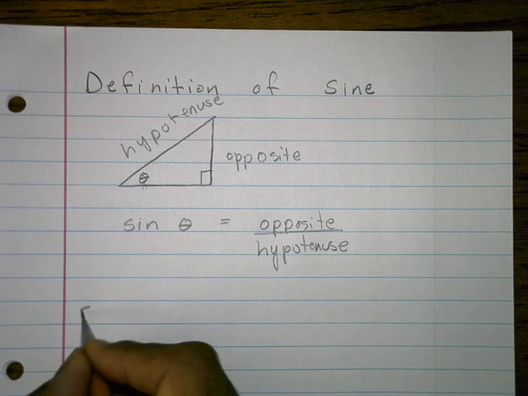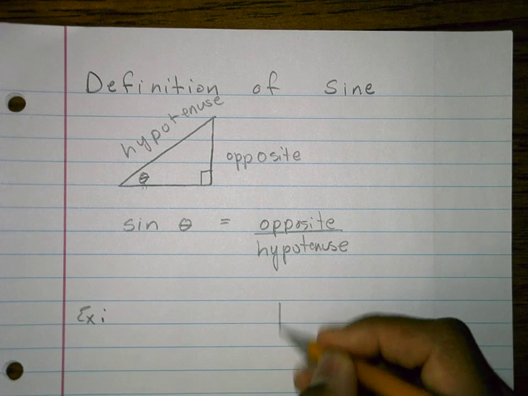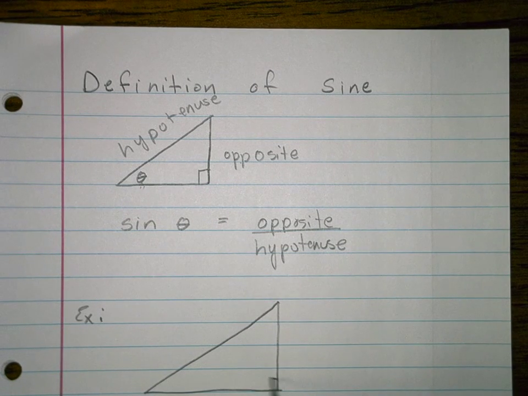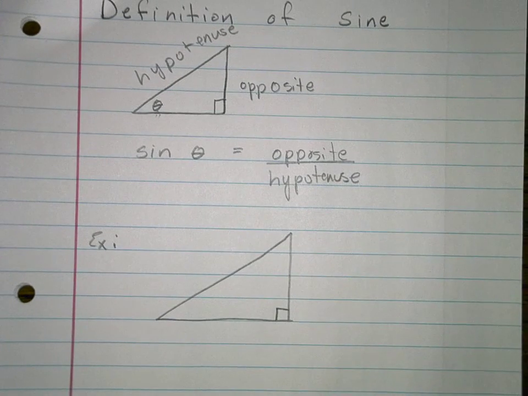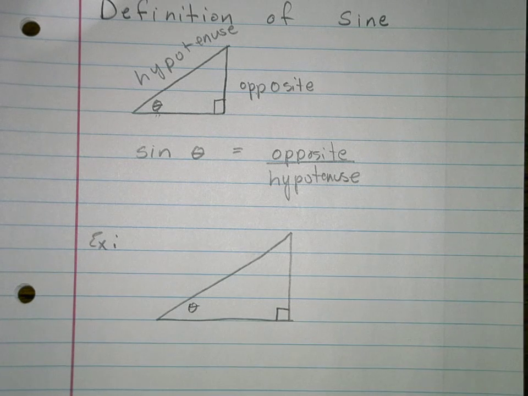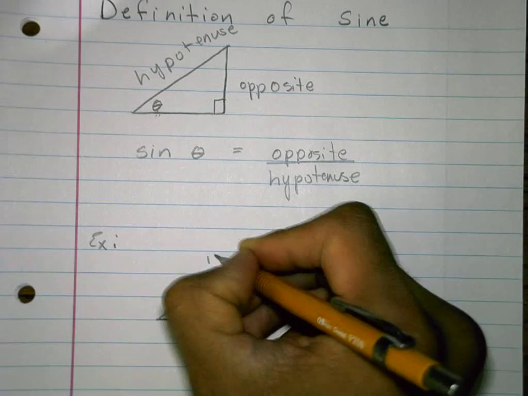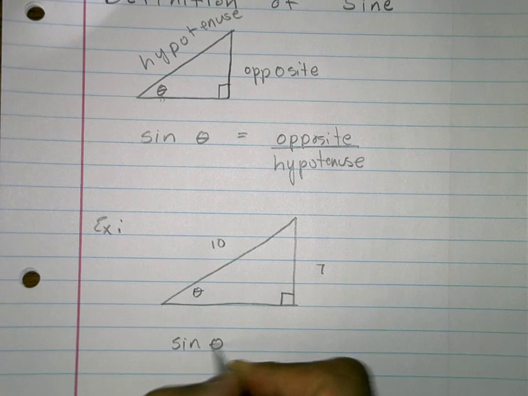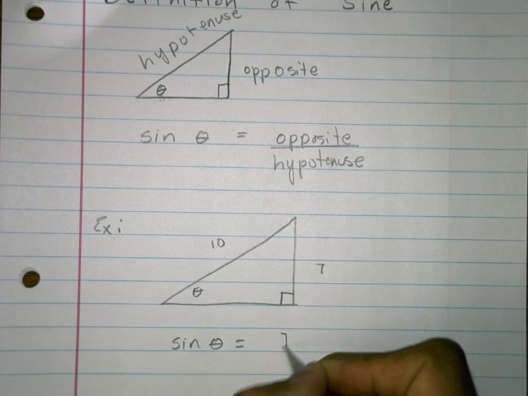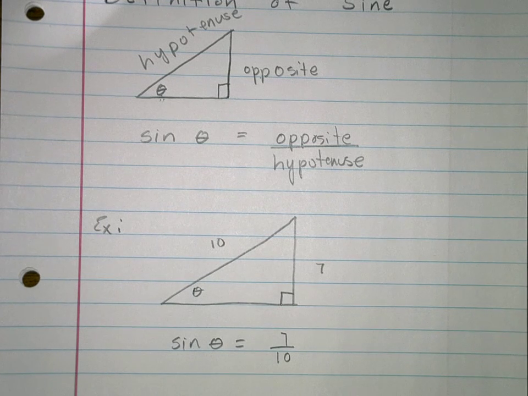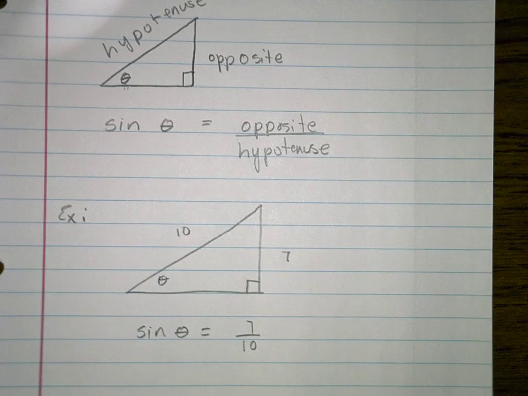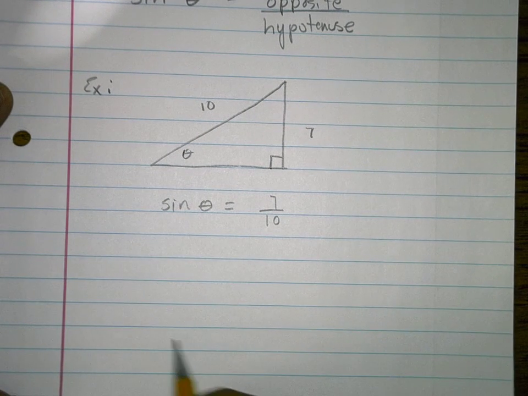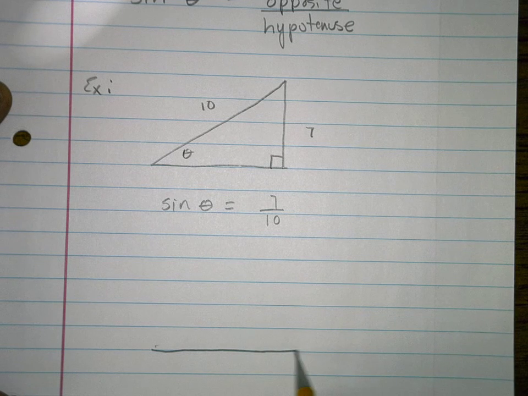So if I gave you an example of that, and I had a triangle, and I referred to this as theta, some particular unknown angle, and I told you this side was 7 and this side was 10. Well, I would say the sine of theta, whatever that angle is, is equal to 7 over 10. They have that relationship. So if I kept that angle the same, whatever that particular angle is,